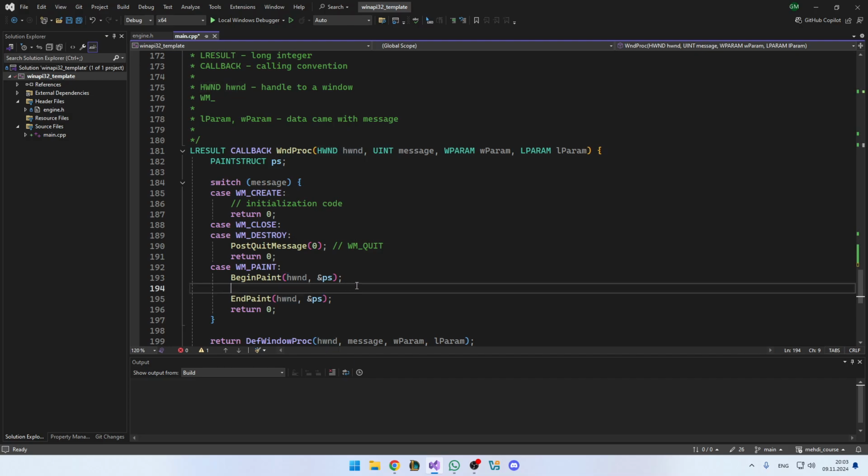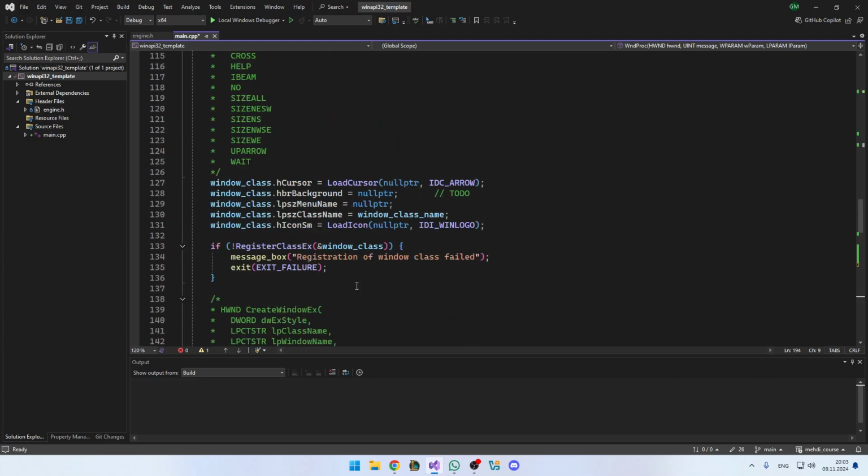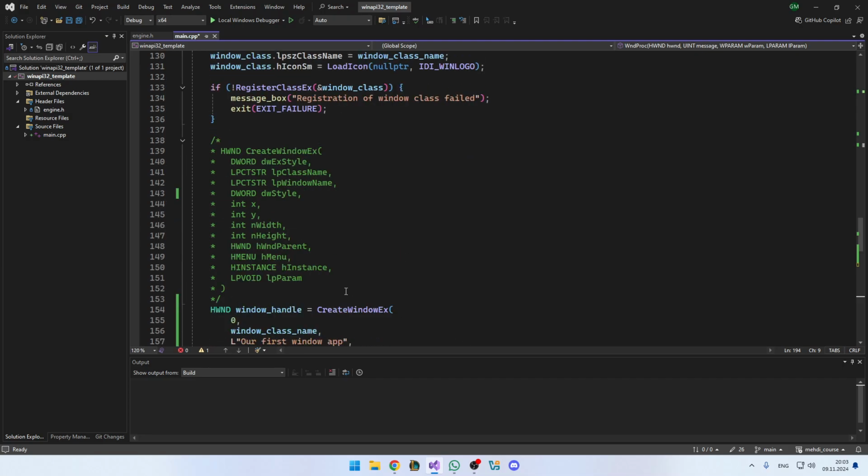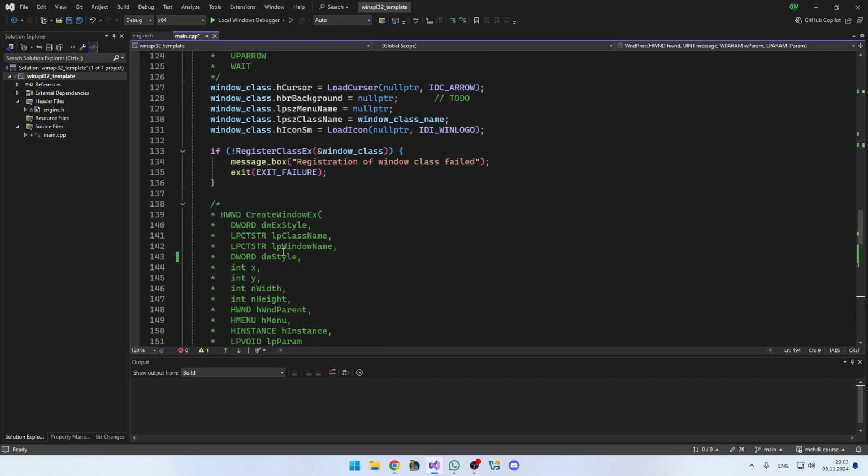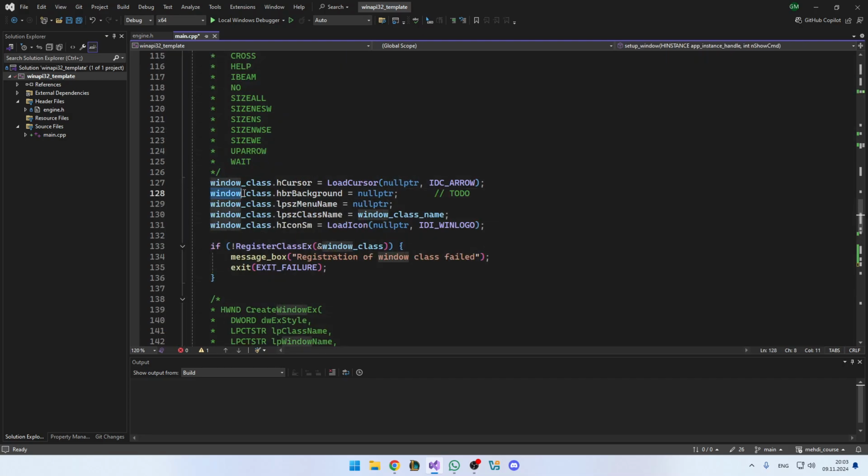And every window, as you can see before, is associated with a window class. And every window class has something like a handle to a background brush. The H stands for handle, BR is the brush, so something like a painter of a background. And BeginPaint and EndPaint, a very famous pair of WinAPI functions,